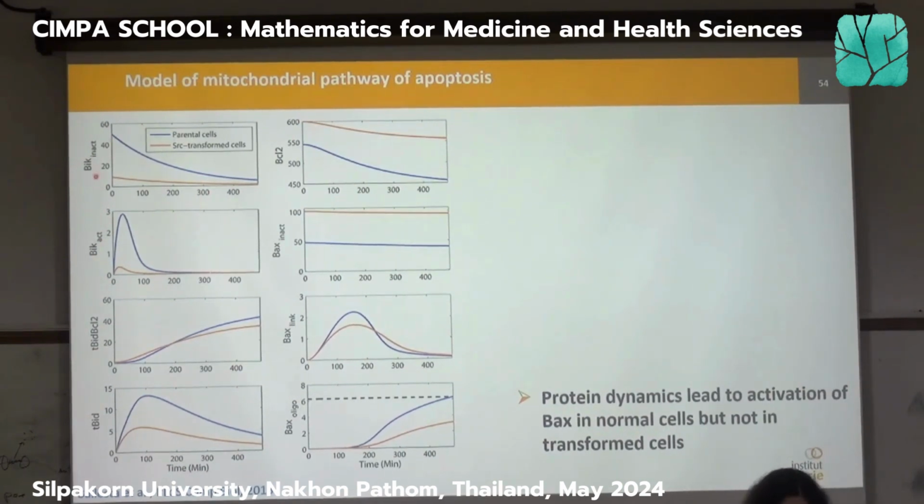Here you have BIC, so it starts at two different levels. Remember that BIC is not really expressed in the cancer cell. And then BIC is activated at time t equals 0. So BIC will transform into BIC act, which is here. And as you can see, as expected, the BIC act amount is way higher in normal cells as compared to cancer cells. Then you have VAX inact here, that will be slightly inactivated, but as you can see, the proportion of proteins which are activated is not very large.